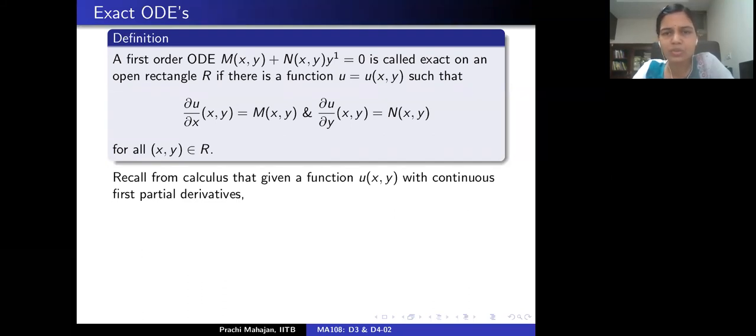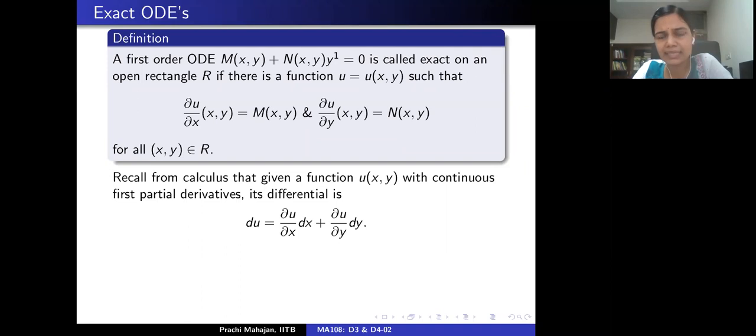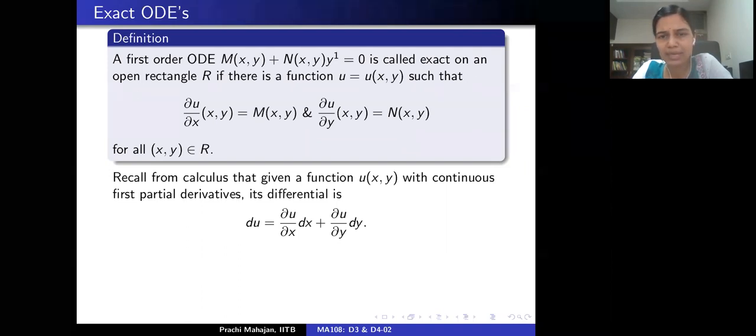Suppose that u is a function of two variables with continuous first order partial derivatives, right? So the first order partial derivatives of u exist and are continuous. Okay, so let's recall the differential of this function is du = ∂u/∂x dx + ∂u/∂y dy, right? Which means that